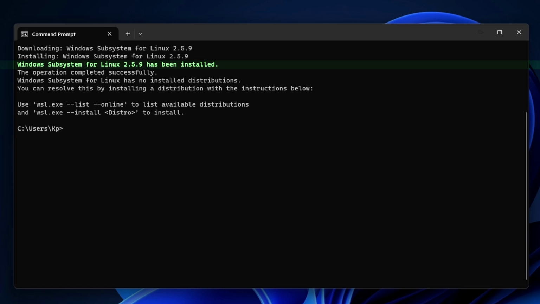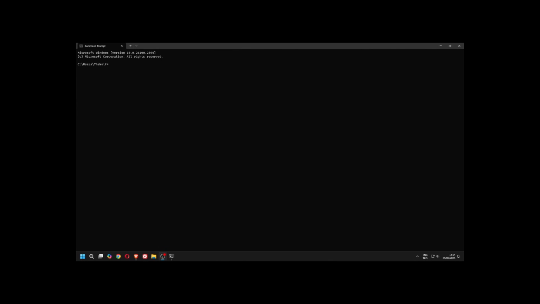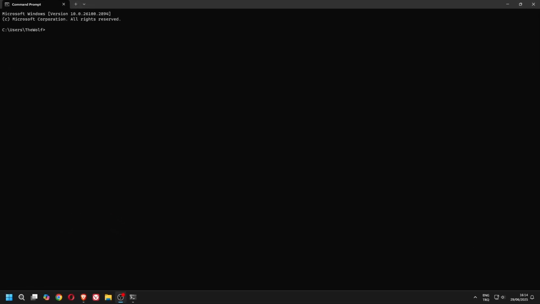Now, I'll switch to my main computer to show you how to install a WSL distribution and Docker inside it. Since I've already installed WSL on my main computer, I used my notebook to show you the WSL installation process. Now I switch to my main computer.